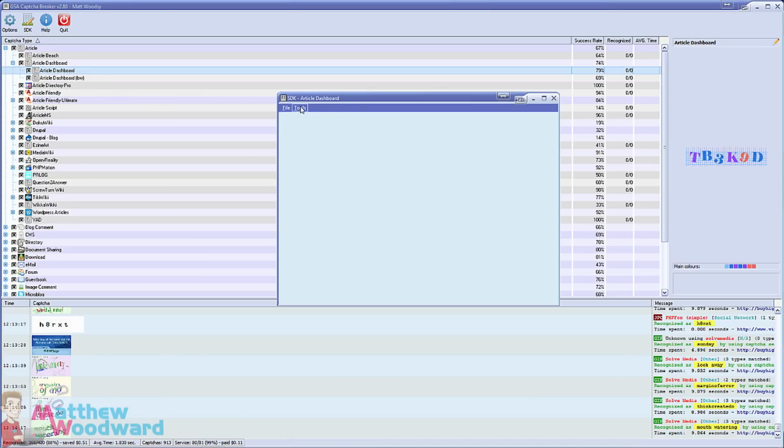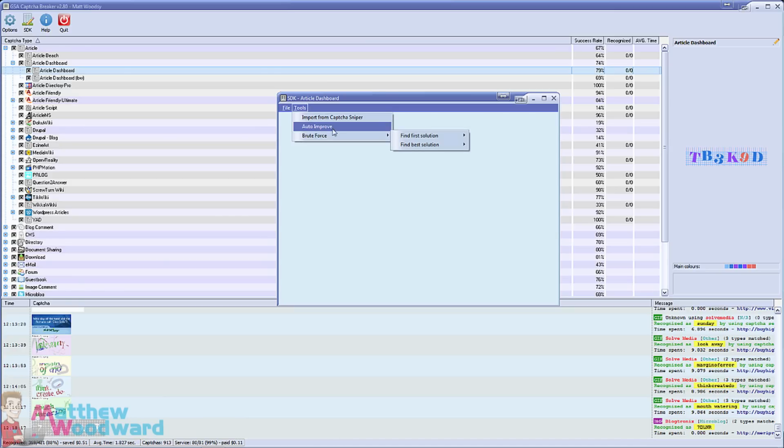On top of that, you can also come to the SDK and import all of the captures from their main competitor, Capture Sniper. And Capture Sniper is the software I used to use before Capture Breaker was released. Capture Sniper is very buggy, high CPU usage, always crashes, you always have to check in on it and babysit it. And the developer was not exactly a friendly character if you brought up problems in his software.